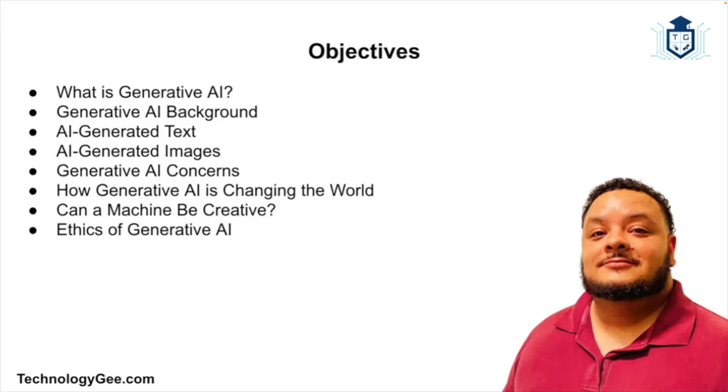Have you ever read a poem that brought tears to your eyes, only to discover it was written by a machine? Or have you seen a stunning digital portrait of a dragon surfing astronaut and found out that no human painted it? Well, welcome to the world of generative AI, where machines don't just analyze data, they actually create stuff. We're talking full on content creation, such as writing, art, music, code, and even memes.